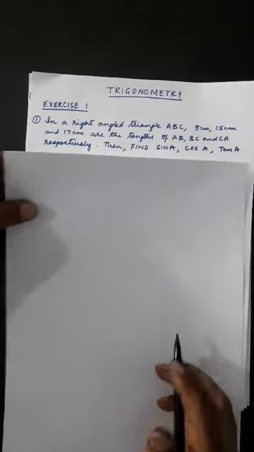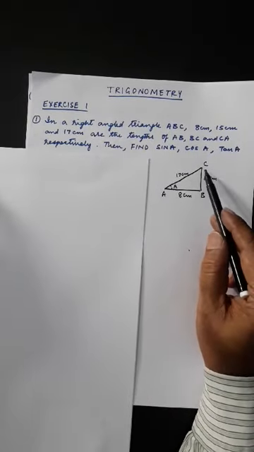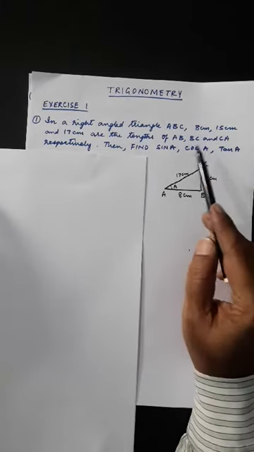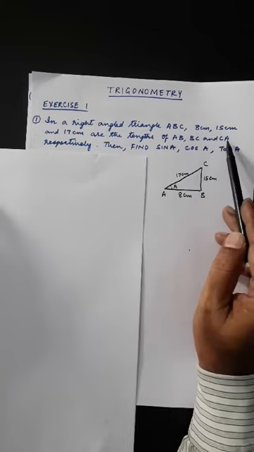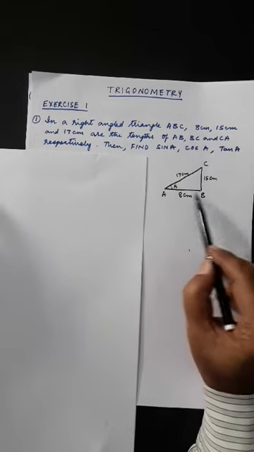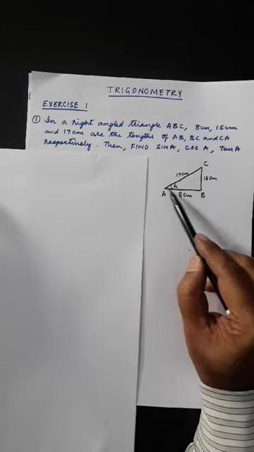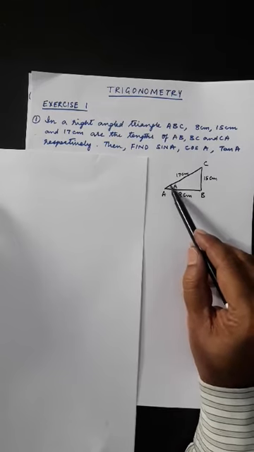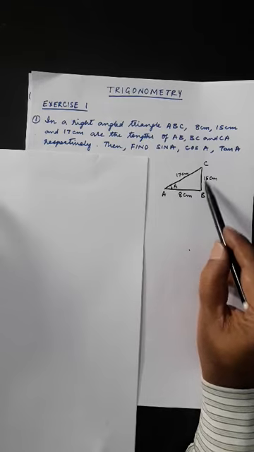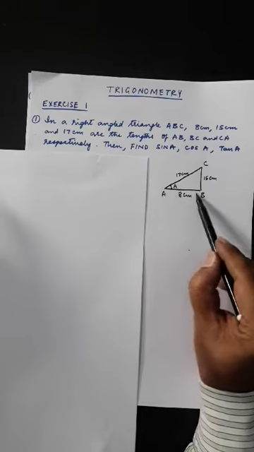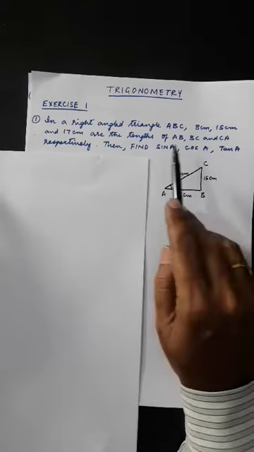So here if you draw a triangle ABC, AB is given as 8 centimeters, BC is given as 15 centimeters, CA is given as 17 centimeters. So AB is 8, BC is 15 and CA is 17. So in this triangle, A is the angle. For this angle A, the opposite side is BC, adjacent side is AB and hypotenuse is AC. Okay. So what we need?